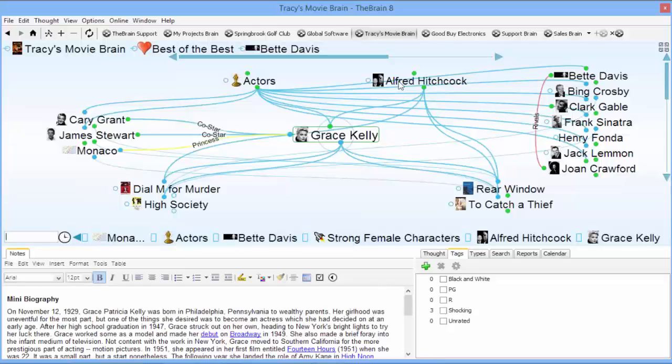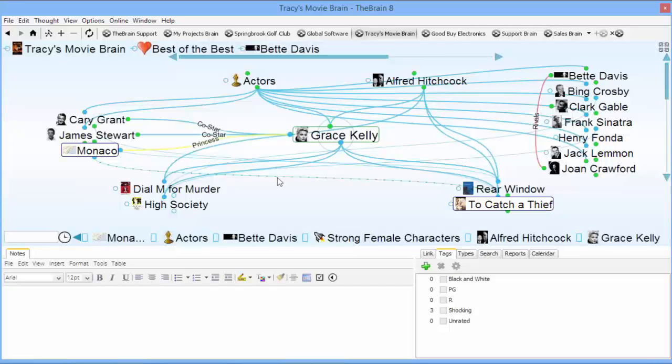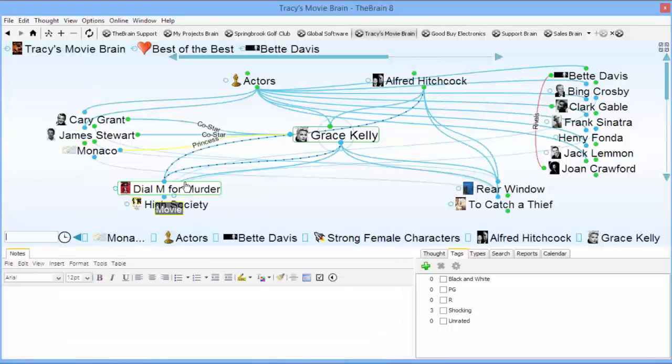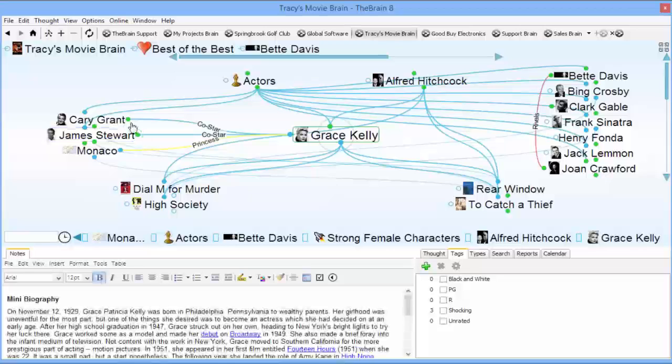And then, for me, drilling down my child thoughts, I thought were going to all be movies. I thought I'm going to have the movies as child thoughts, and then all the research on the particular movies. And then, in terms of jump thoughts, that's when, again, what I recommend sometimes is just start to create your child thoughts. The reason why I say that is because you can always just drag a thought to be a